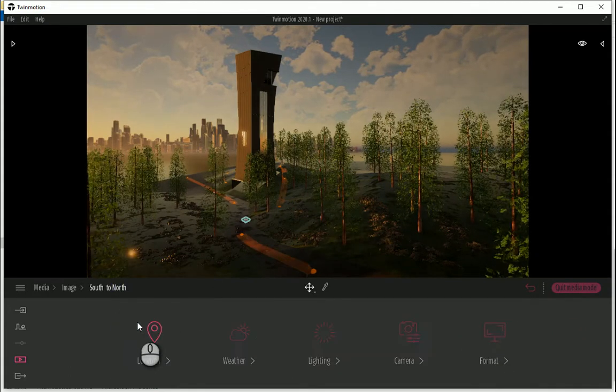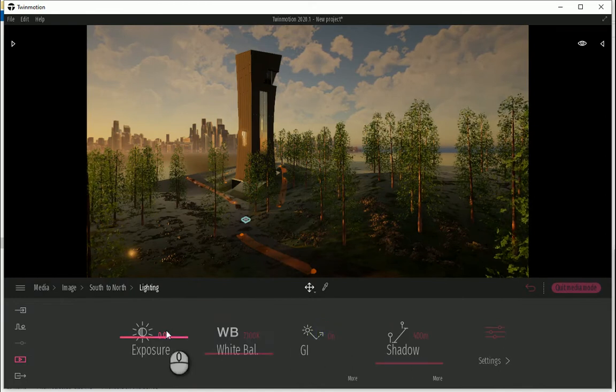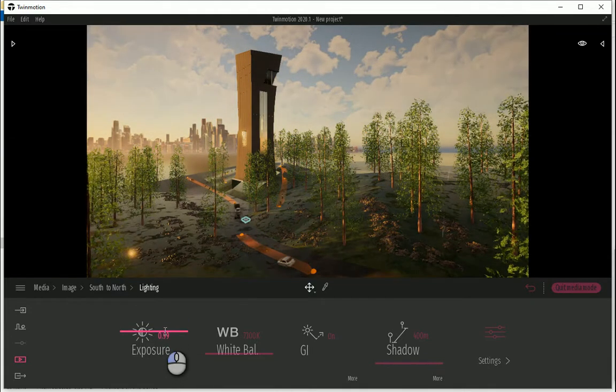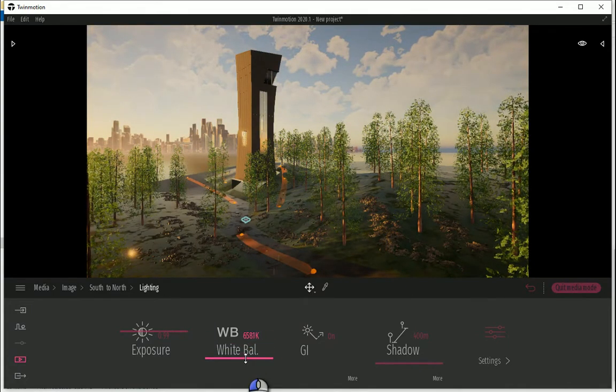We can go back. You can take care of the lighting. Okay. You can change the exposure, so it's gonna be a bit lighter. You remember exposure, we talked about it in Revit and in the rendering cloud. You can change the white balance to make it look a bit colder, such as this, or a bit warm, such as this.